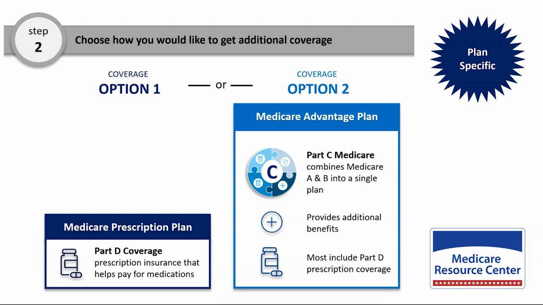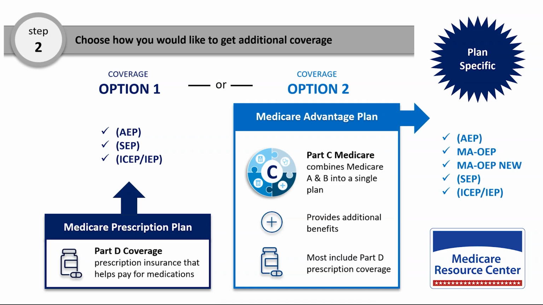Now, depending on what type of plan you want to enroll in will depend on your 3-letter acronym. For instance, if you look at prescription drug programs, they have the annual enrollment period, they have special enrollment periods, and they have, of course, the initial enrollment periods. And Medicare Advantage plans are much the same, except there are some very specific enrollment periods that Medicare Part D plans don't have. For instance, the Medicare Advantage Open Enrollment Period or the Medicare Advantage Open Enrollment Period for new people. And we're going to dig into these one by one here